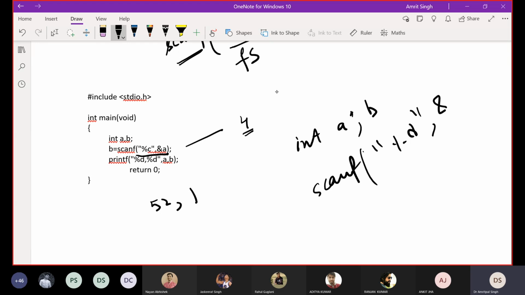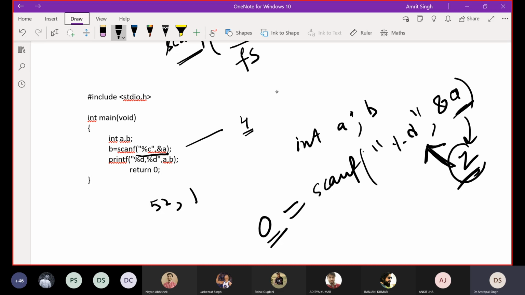%d, and here whenever I am entering A, B, C, D, anything, let's say I have entered a Z, it is returning 0. Maybe that is again compiler dependent, but I have tried it on 2 or 3 compilers and also on some online platform, and whenever I try to enter some character here, it is returning me 0.